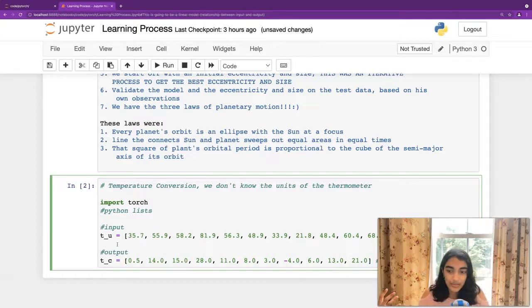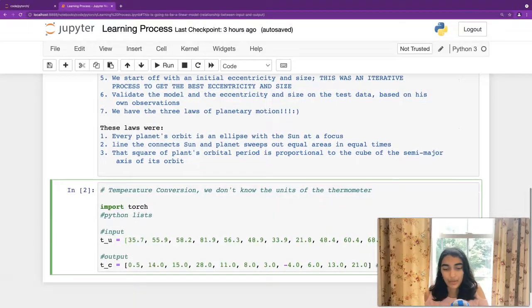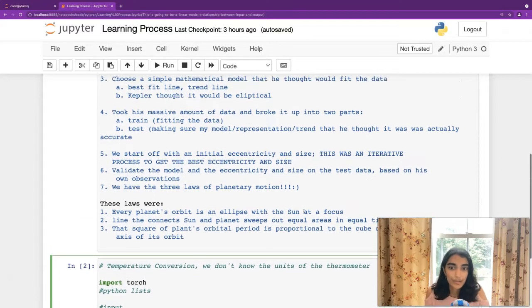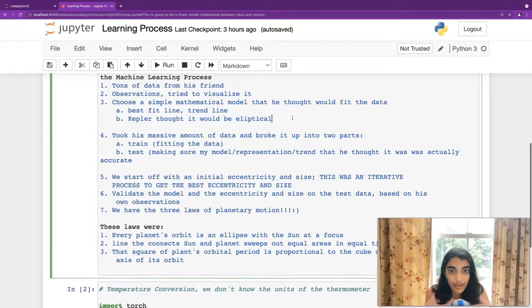Okay, so yeah, and we are assuming, okay? We don't know, but we need to start off with an assumption about the relationship, okay? In regular deep learning models, we're not going to do this, right? We don't want to have a bias going into analyzing our data. But we can for this sort of situation because we only want to deal with linear models, okay? And this is basically what Kepler did. He thought it would be an ellipse. He stuck with it,